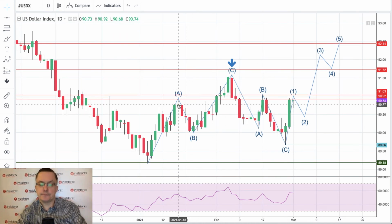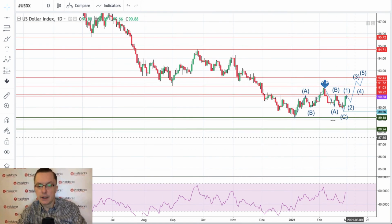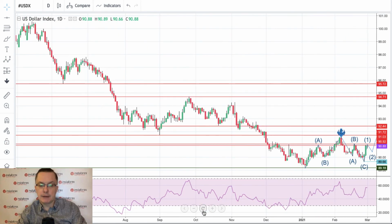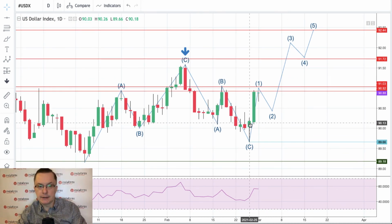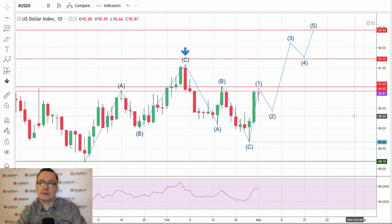But as long as we are not making any sort of first 5 waves at the beginning of the move up, there is no chance that this down move, because apparently this long-term downtrend is getting terminated, and the market is reversing to the upside, right? So please bear in mind that it looks like this, even despite the fact that no new low was made, because the low of this wave C was 89.66, and the swing low is 89.18, so that's still pretty much higher than the swing lows. And even despite the fact that we are making an impulsive wave to the upside,